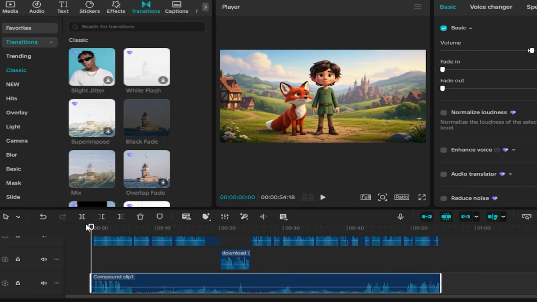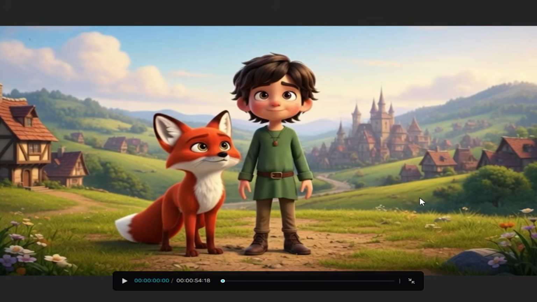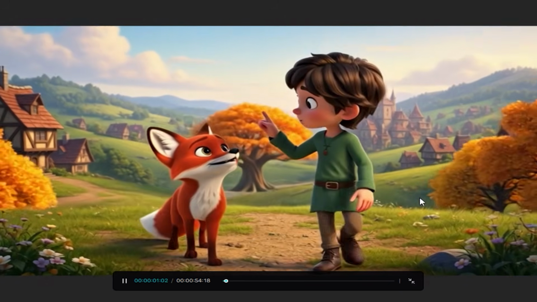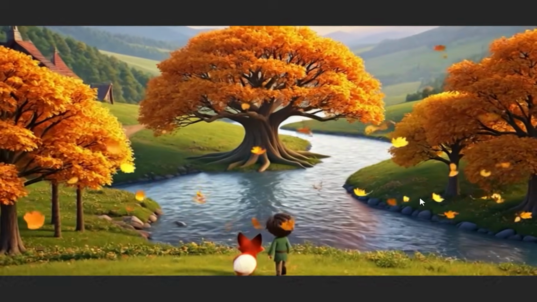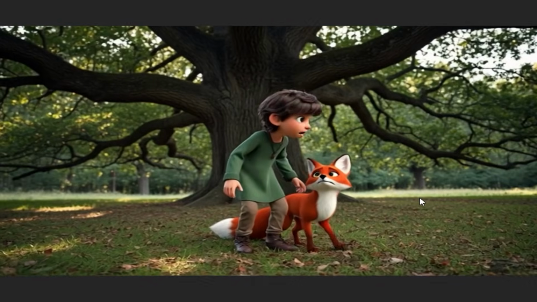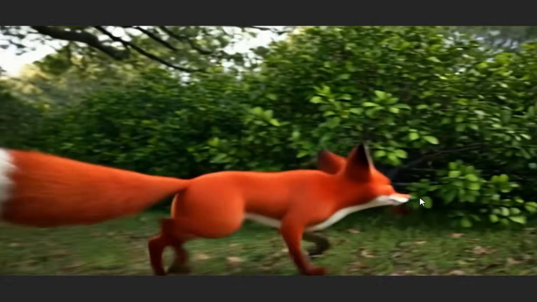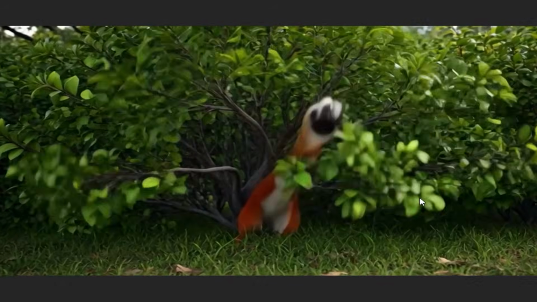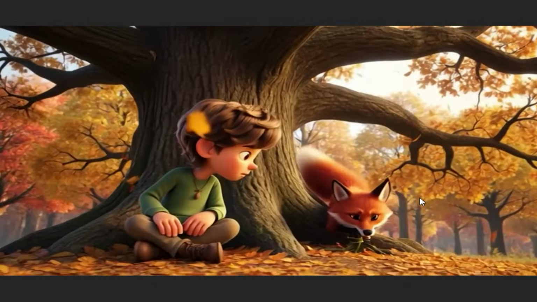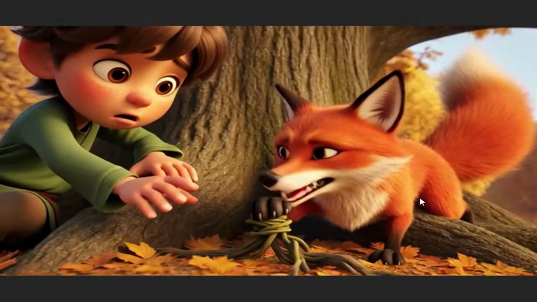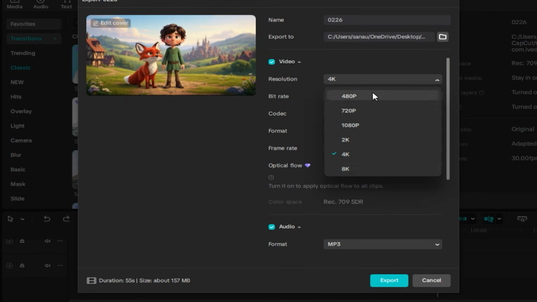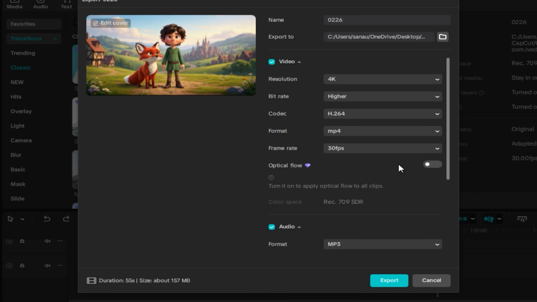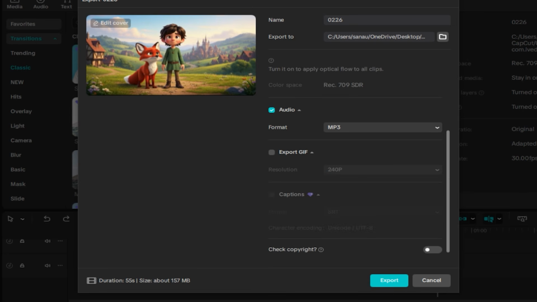What this does is create a natural environmental layer that makes your video feel alive and textured rather than a silent slideshow with a voice-over dropped on top. The narration stays front and center while the background environment breathes. It's the difference between a video that feels produced and one that feels professional. Export at your desired resolution, and you have a fully assembled long-form AI video with consistent characters, professional narration, cinematic